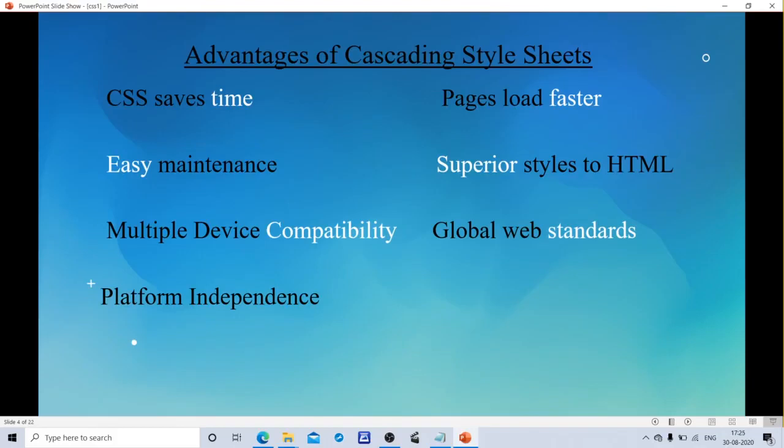Easy maintenance. We are writing code only once and it is applied to all the same tags in a document. To make a global change, simply change the style and all elements in the web pages will be automatically updated.